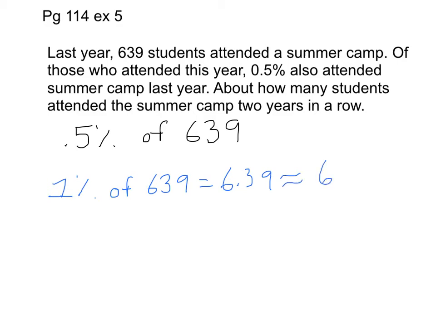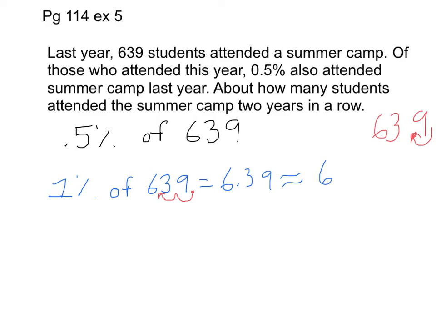How did I find 1% of 639? Well, I'll actually show you the shortcut. So you'll do the math out. When you find 1% of anything, you just move the decimal over twice. Well, what if I was finding 10% of 639? I would only move the decimal once. That's a shortcut. Okay? If you can't remember that shortcut, if you think you'll mix it up, go back to